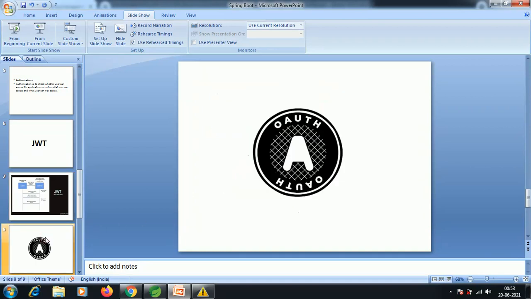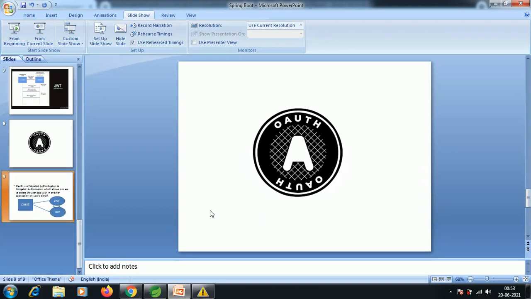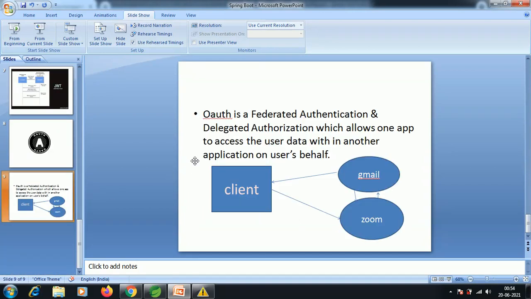When we come to OAuth, OAuth is one of the best security options for the Spring Security framework. OAuth is an authentication and authorization standard which allows an application to gain access to user data.